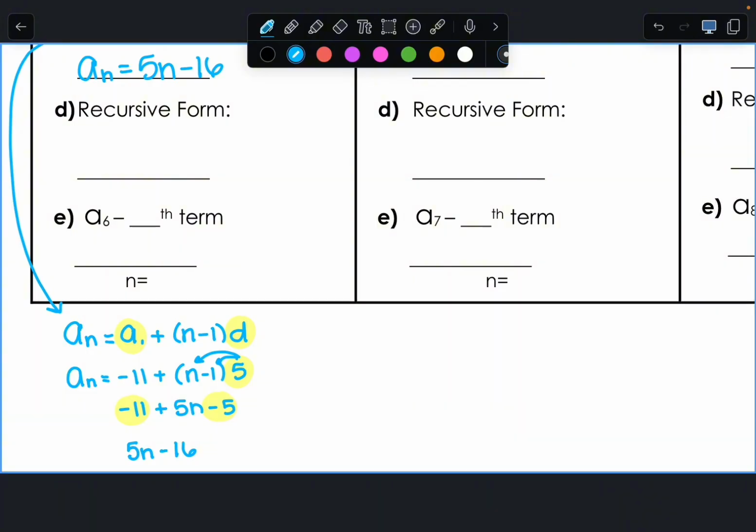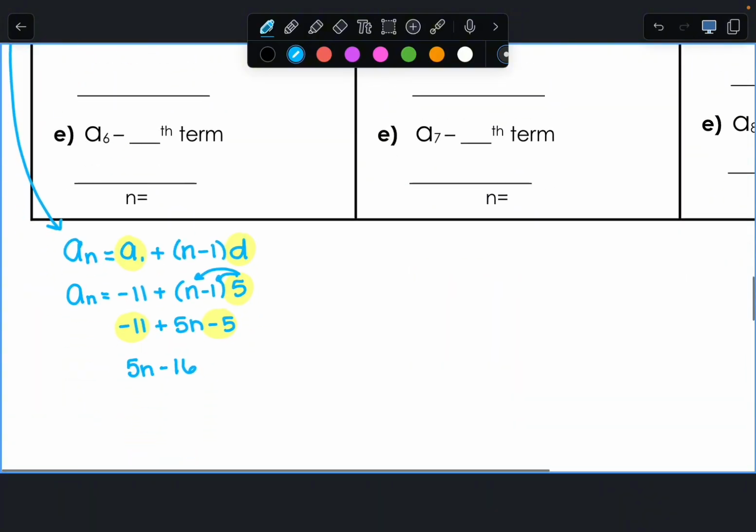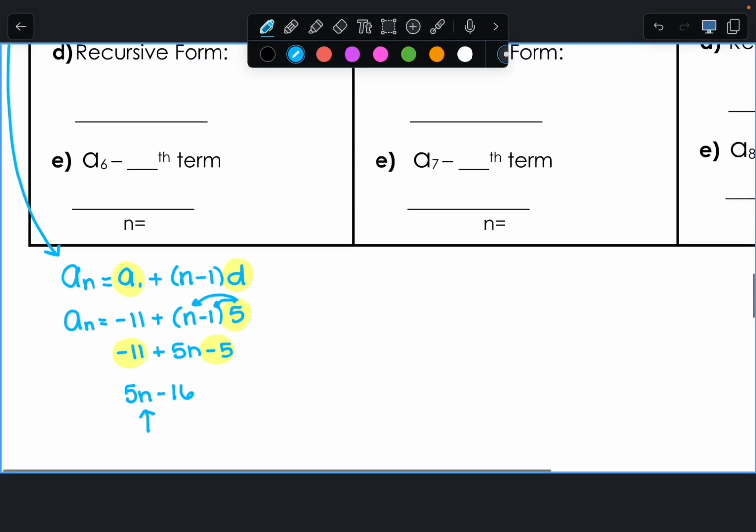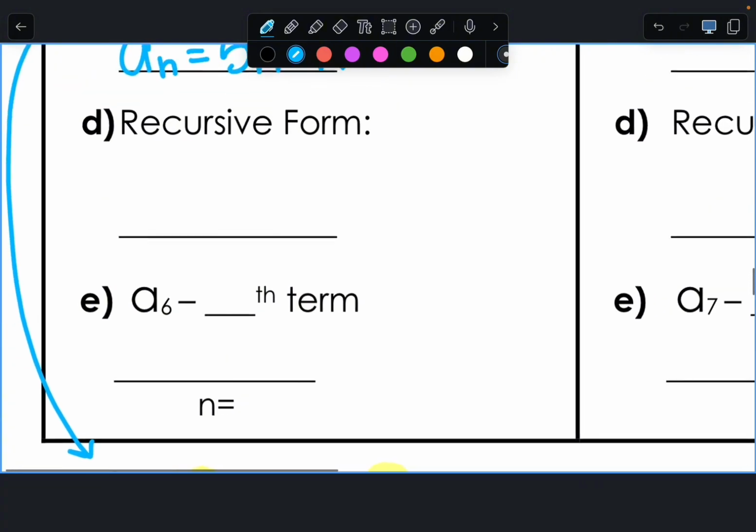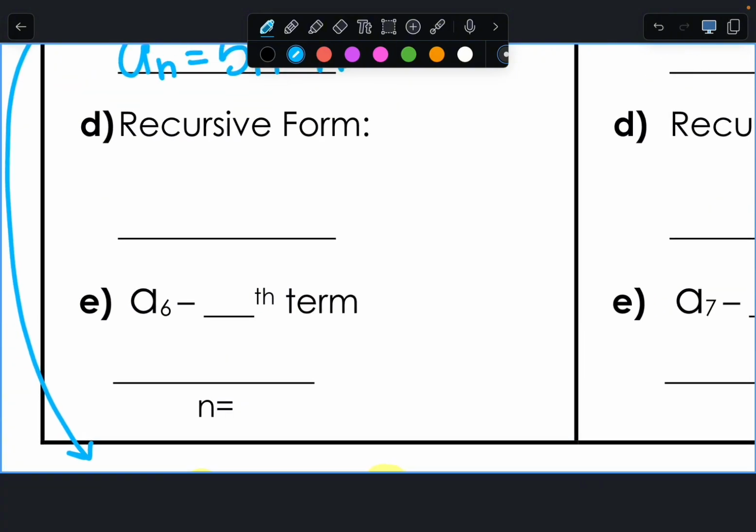Now, if they ask you for the 20th or the 30th number in the pattern, all you have to do is plug it in right there. Easy peasy. Okay? Recursive form. We are going to write that. That will not come up in your assignment. But